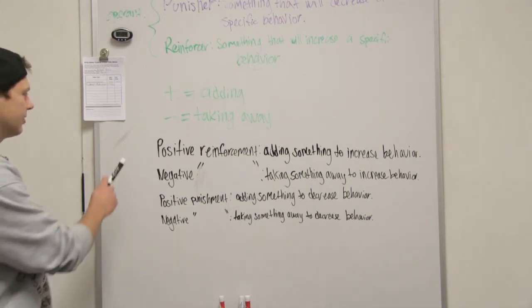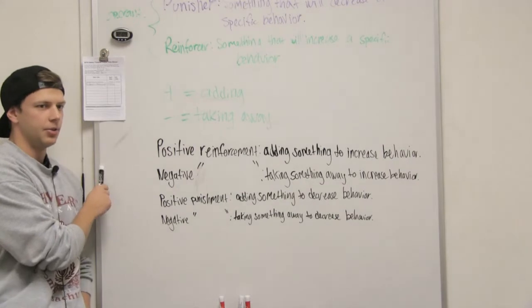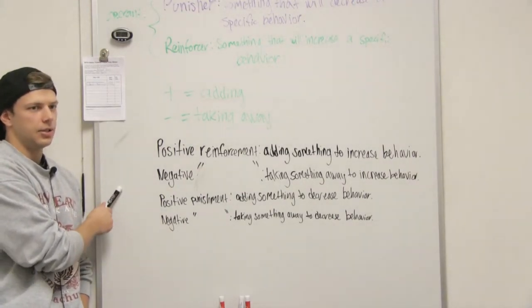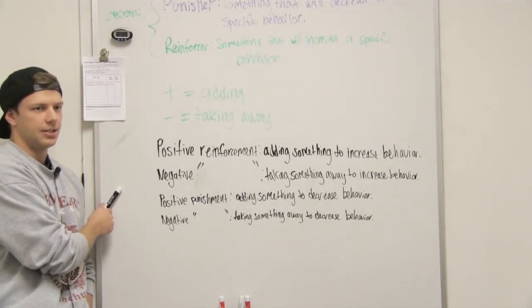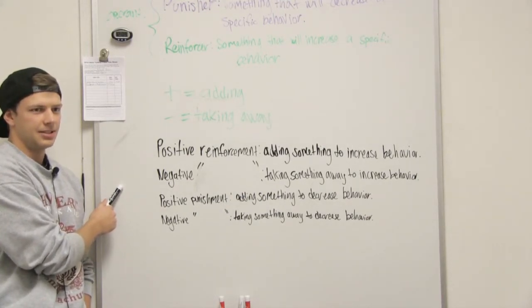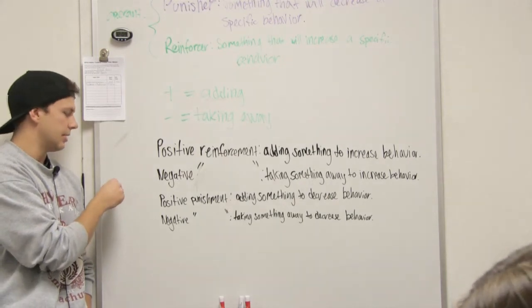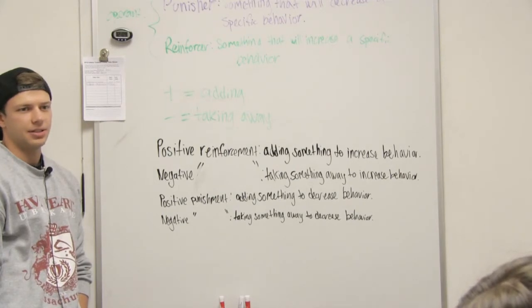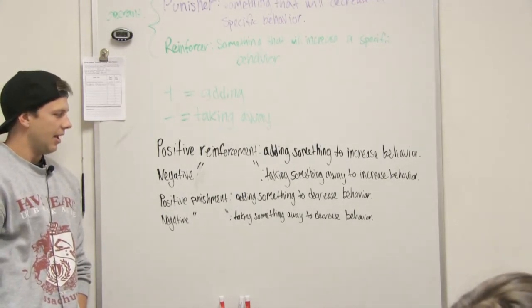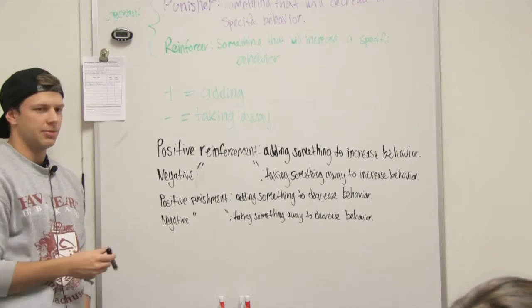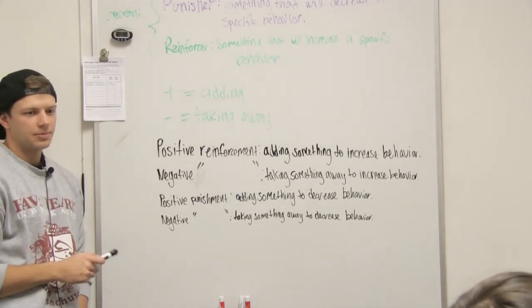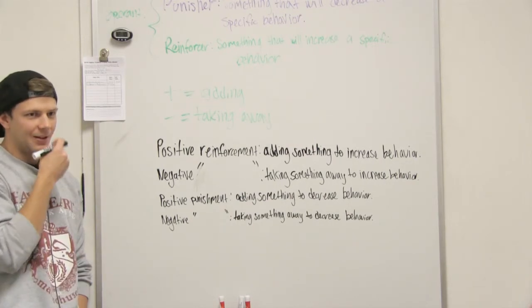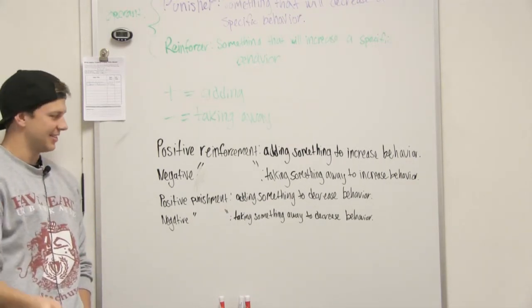Okay, so positive reinforcement: I'll give you a cookie if you do well on your test. Negative reinforcement: I'll take away your chores for a week if you get 100% on your test. Does that make sense? That's the example I use every time. No worries. Okay, and then what's an example of positive punishment? Adding something to decrease behavior. I'm gonna punch you if you don't help me get an A on the test. Okay, good. That is really scary, but okay.